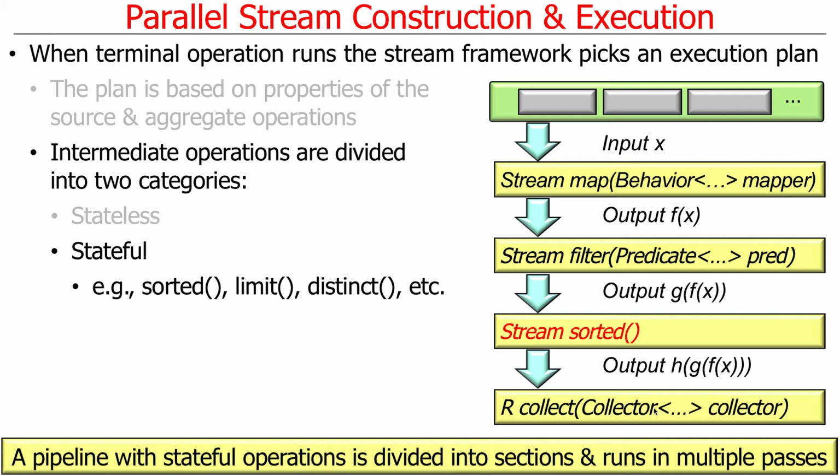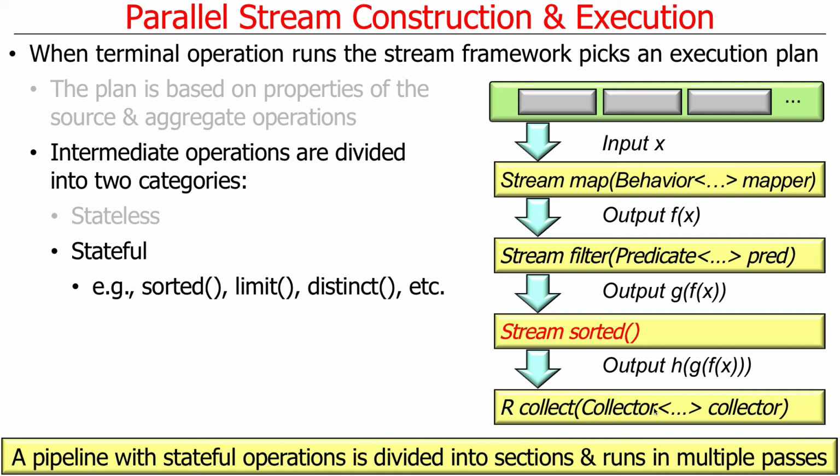the pipeline. So if you have stateful operations in your pipeline, as we do in this example here, then everything up to that can run in one pass, and then we have to sort of coalesce it all at that phase, and then we have to run it the next pass. So there'll actually be multiple passes, and we'll end up dividing the pipeline into sections, and each of these things gets to run separately. And then we take the results of that, and then we give it to the next